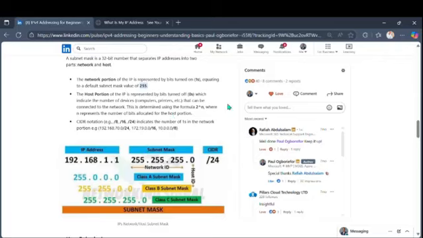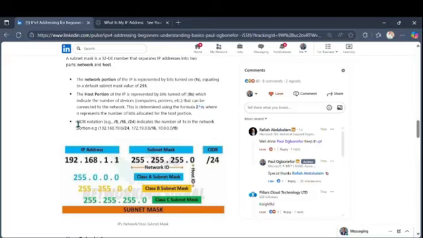Okay, so basically, we are saying anywhere you see 0, it means that the bit is off. So if you want to calculate the number of networks that an IP should have, you calculate by the number of 1s that are turned on. And if you want to calculate the number of devices that can be connected to each of those networks, you calculate by 2 raised to the power of n, which is the zeros, the bits that are turned off on the part of